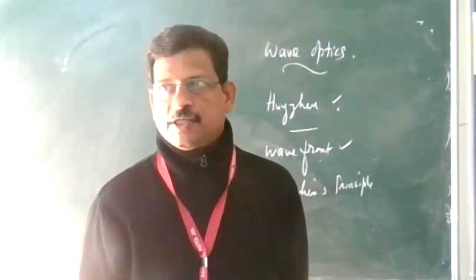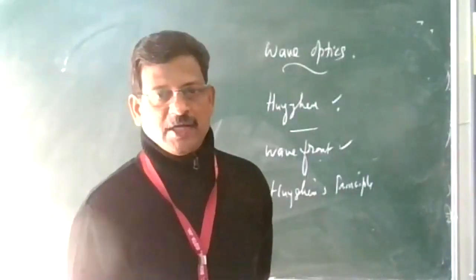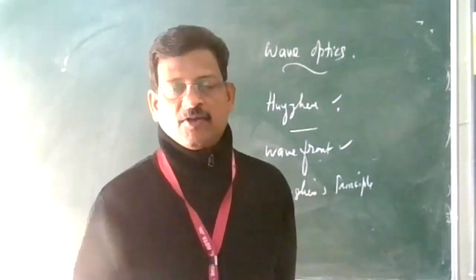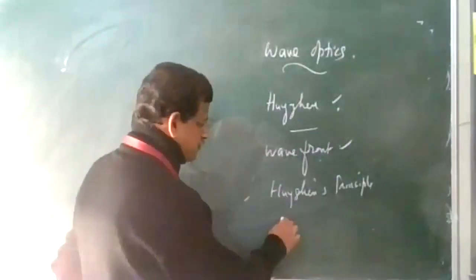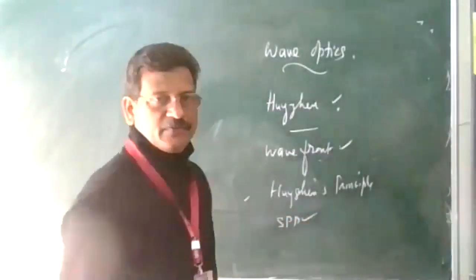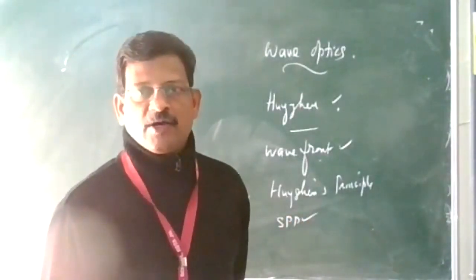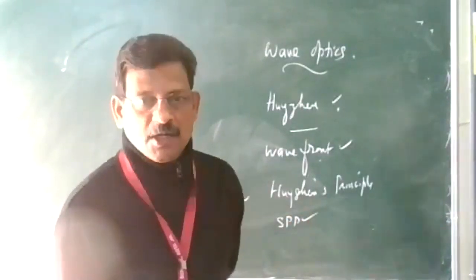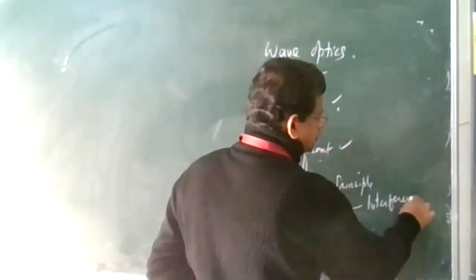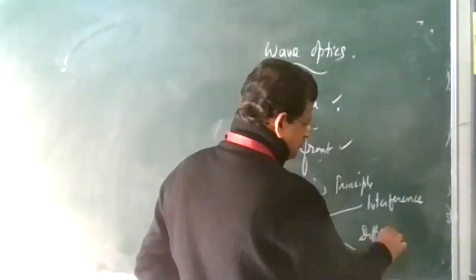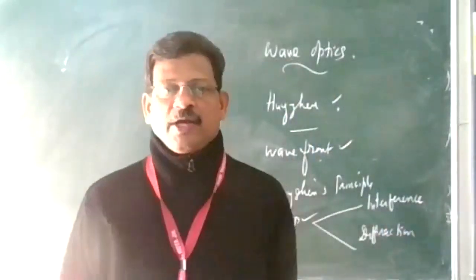Huygens principle can be used to explain reflection and refraction, and it is a 3 mark question for the board examination. First we explain the meaning of Huygens principle, then explain reflection and refraction on the basis of Huygens principle. After that, we will see the superposition principle of waves. When 2 or 3 waves combine, they interfere constructively or destructively. The superposition principle gives you 2 important phenomena: interference and diffraction. These are the main points in this chapter.